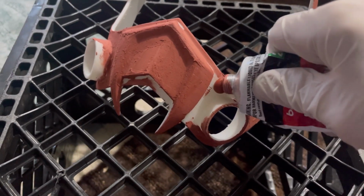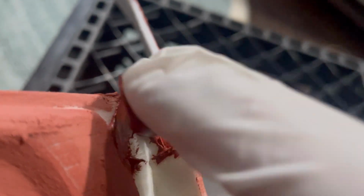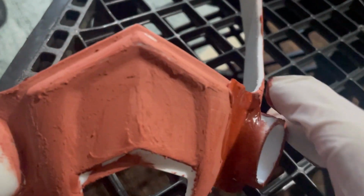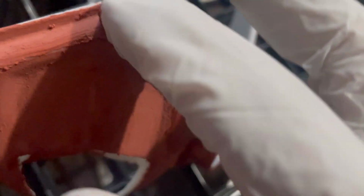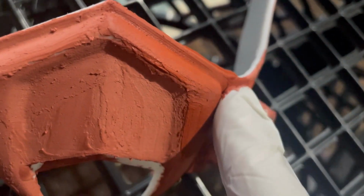putty, and the best thing to do, the easiest way to do it on something like this, basically just take it and just kind of smear it in that crevice. I obviously did this with the whole helmet here, and what you want to do is just kind of spread it out. And this will sand down really easy. You don't want to put it on too thick, but if you do put it on a little bit thicker, just give it more time to dry. It'll all sand down. This isn't like body filler. You really don't need to put this on thick. It dries quick, so it kind of seems like it's thick, but it really isn't. It sands down